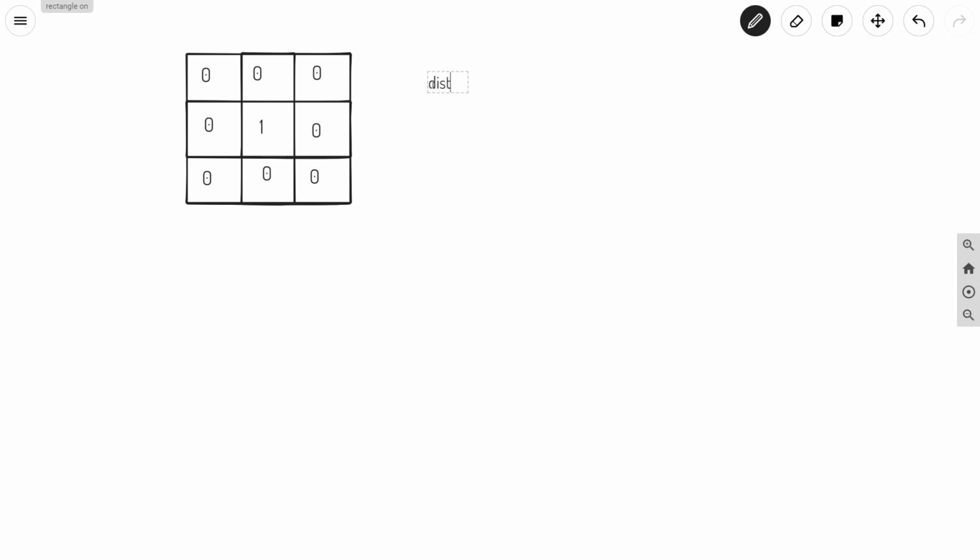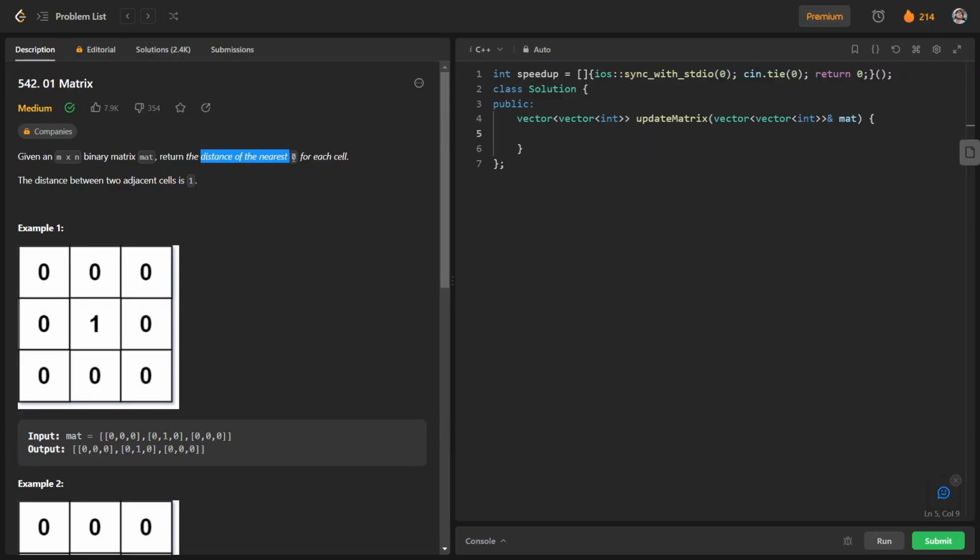Okay, so the distance for all such cells which contain 0 is nothing but 0. Otherwise, for a cell containing 1, we will try to find out that answer. So we have to find the distance of the nearest 0.